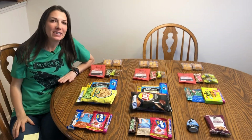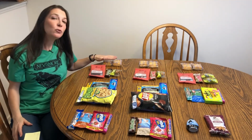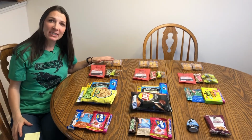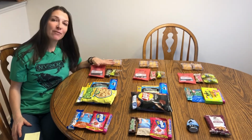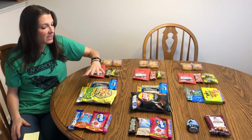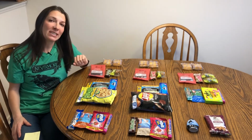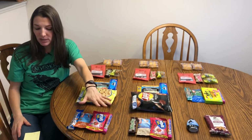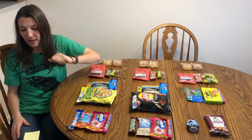If you're interested in calorie counts, let's go over that real quickly. Breakfast, for the 2 snack cakes, it's 360 calories total. The lunch items altogether are 520. The dinner, including the tortillas, are a whopping 920 calories. And then the 4 snacks, 870. So for an entire day, my total would be